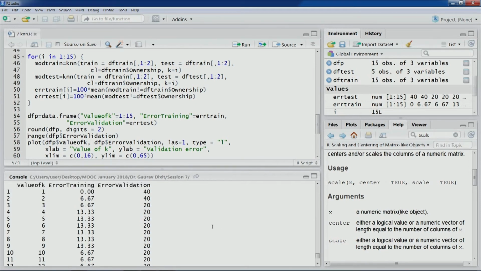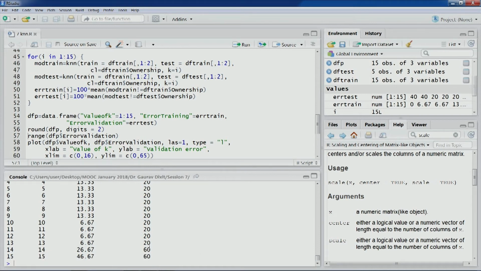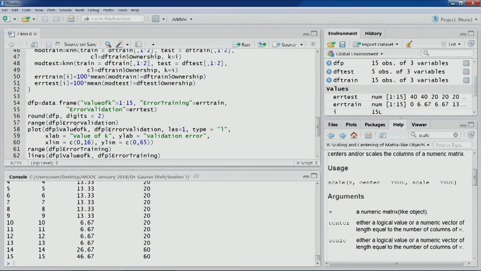If we look at the data, then probably k equal to 3 is the optimal value, where we see a direct dip in the error value: from 40 for k equal to 1 and k equal to 2, the error drops to 20. If we keep increasing the values of k, the error rate doesn't change, and later, as we reach k values of 14 and 15, there is again an increase. So let's use this particular result for our further discussion.